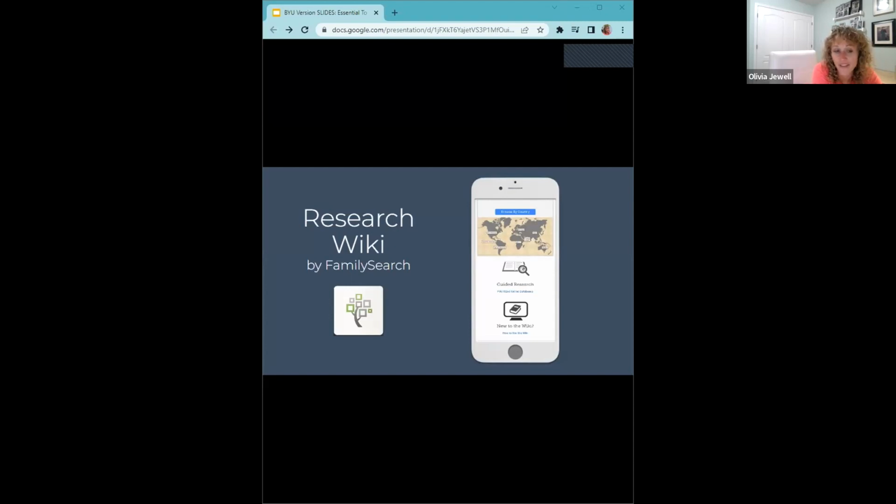And then they also have guided research. You can see right there. The guided research is such a cool tool. For newbies, get in there, learn, and it will guide you through researching. It'll give you some step-by-step instructions for researching somewhere specific or a person, and it guides you through some of that. And then you can see there is a new to the wiki button. Okay,